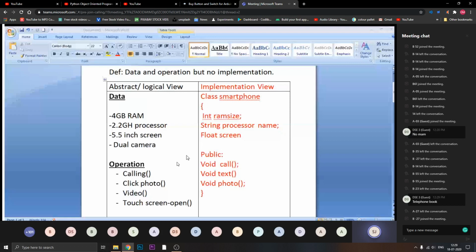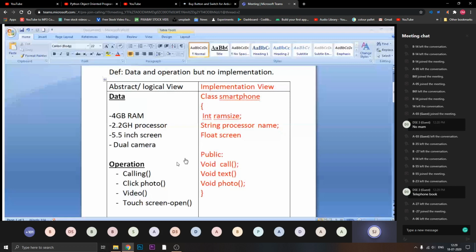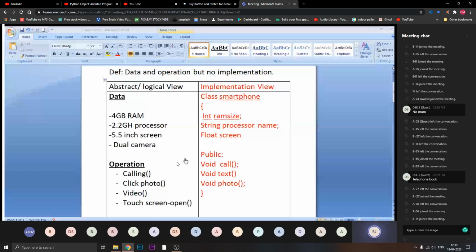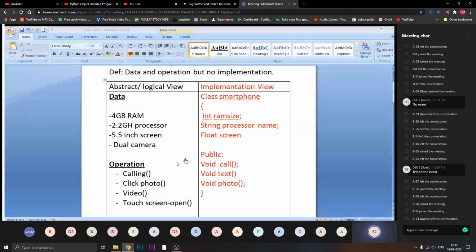So those who gave me the example of a projector, please answer: what is the data of a projector and what operations can a projector perform? Whoever gave the projector answer, please unmute yourself and give me a fast answer.